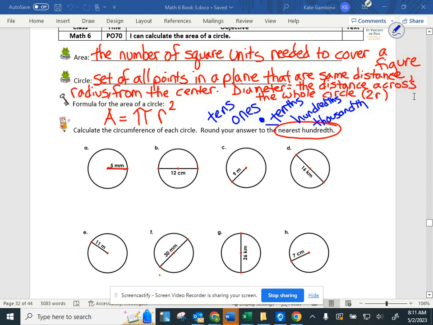There is no oneth place. So our hundredths place is our second decimal place. In order to round to the hundredth, we need to look at that thousandth. If that thousandths digit is 5 or higher, we round our hundredth up 1. And remember, if that is a 9, you're rounding it up to 10. It doesn't go down, so it wouldn't become 1, 0, 0. We don't go down in our numbers, we want to go up. So we go from 9 up to 10. If it was